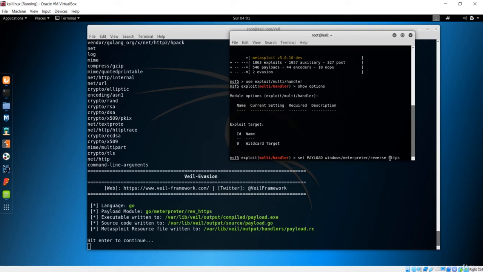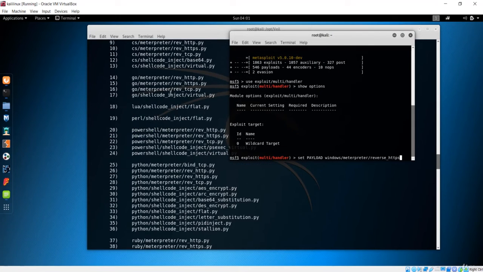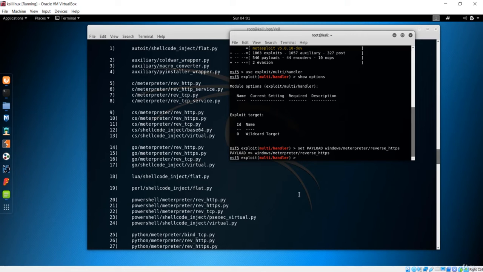If it is reverse HTTP, you can just type reverse HTTP. So make sure that this is the name of your payload, or basically it is what we have over here, right here. If you use this name, that is reverse TCP, you have to just type it over here. And now if I hit enter, then let's show the options one more time,